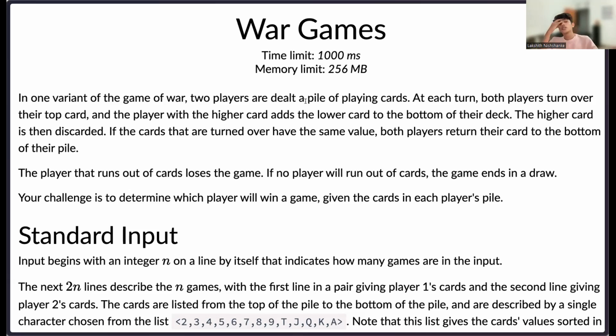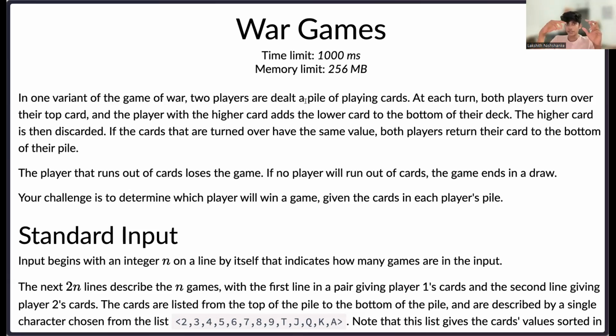It's a pretty basic thing, right? If we were to keep 2 lists of cards, we can simulate this problem. We check the topmost cards and see who's bigger. If it were a draw, we put both of them back in their lists.